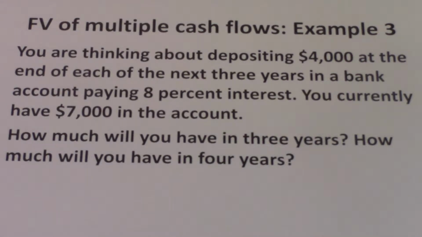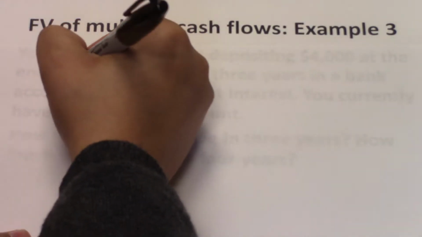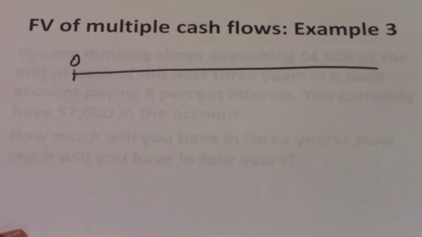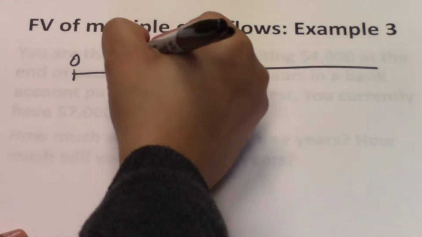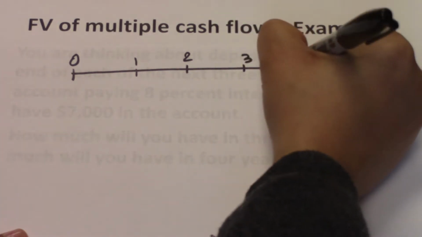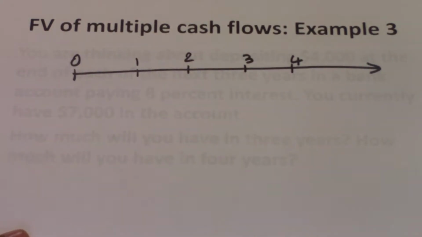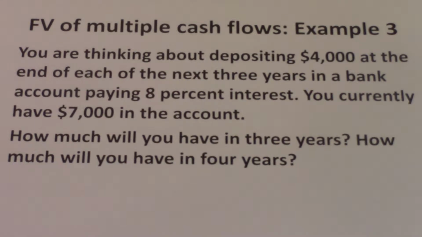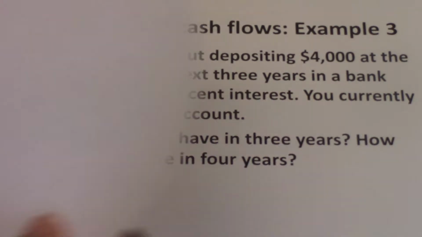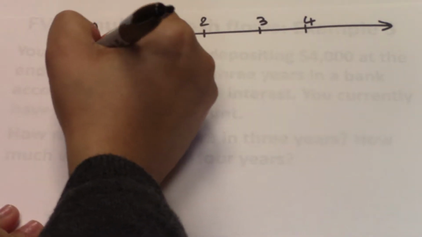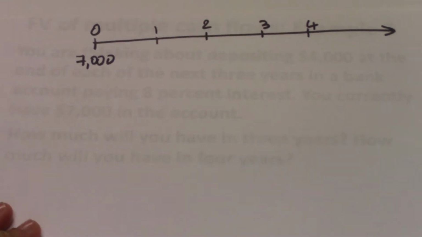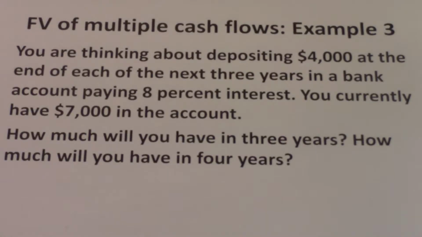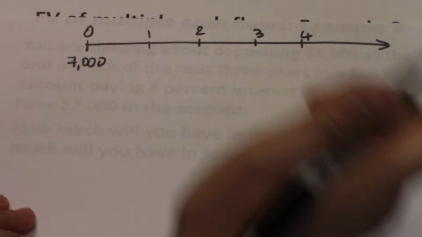Let's first determine how much you will have in the account in 3 years. So this is what the timeline looks like. We have time 0, and then we have year 1, year 2, year 3, year 4, etc. The problem is telling us that you currently have $7,000 in the account. So that $7,000 is going to be the amount at time 0, because you currently have that amount. And then the problem is also telling us that you're thinking about depositing $4,000 at the end of each of the next 3 years. So here you're going to deposit 4,000,